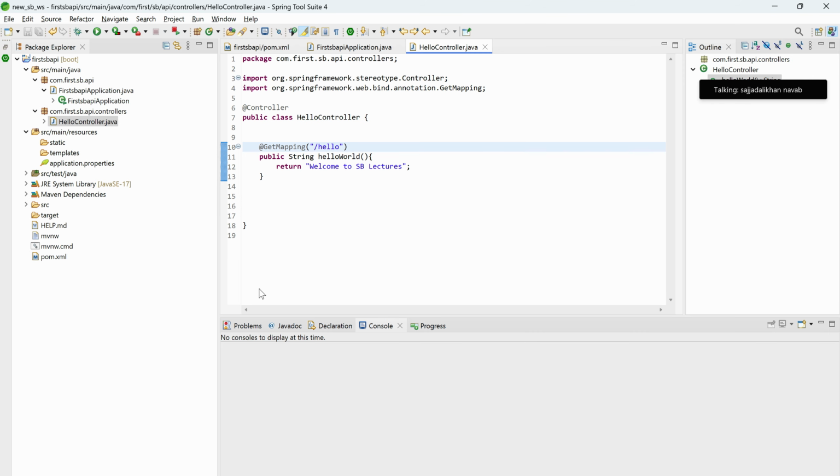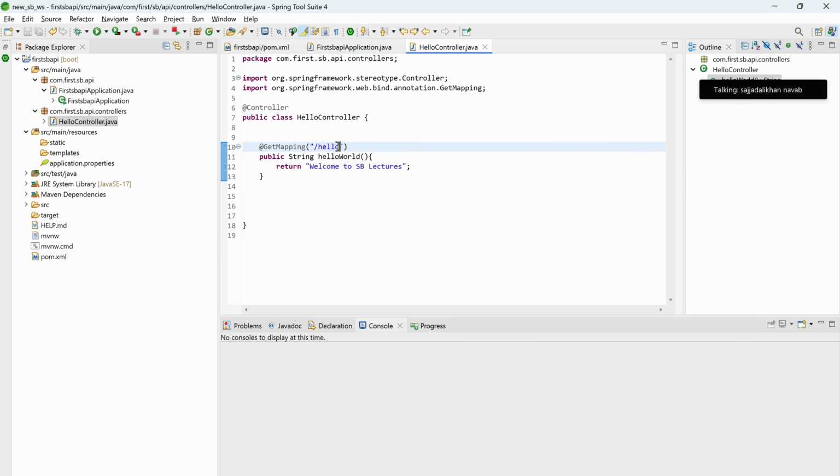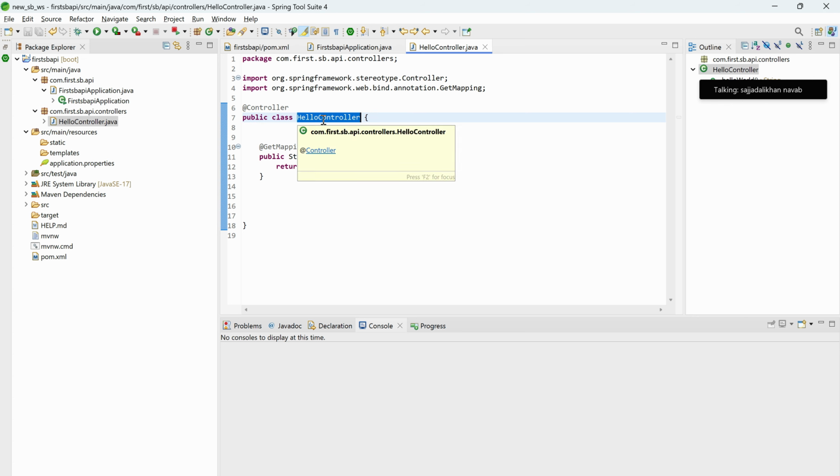Handler mapping is kind of a key value map. So here it is having hello. Hello is an endpoint. Hello is an endpoint and it will directly go to the hello controller and it will be executing the hello. Fine. No doubts, right? So now here what I have done is I have created a simple hello controller class,